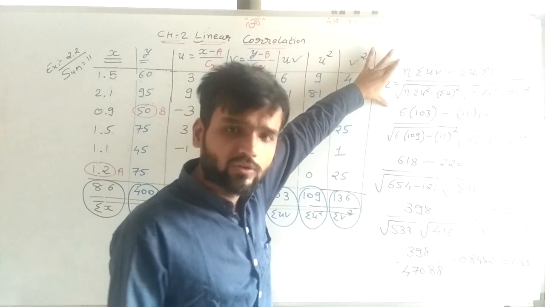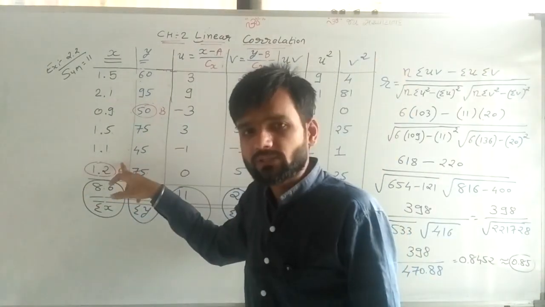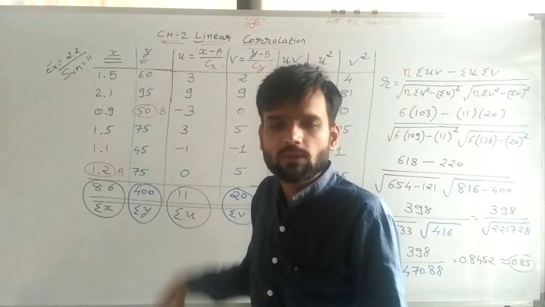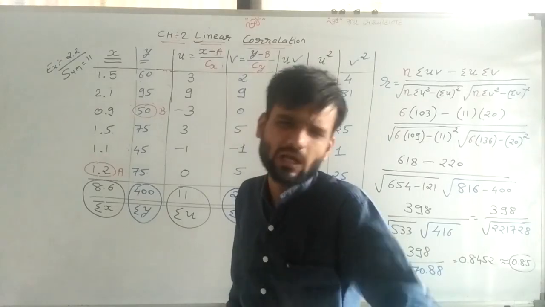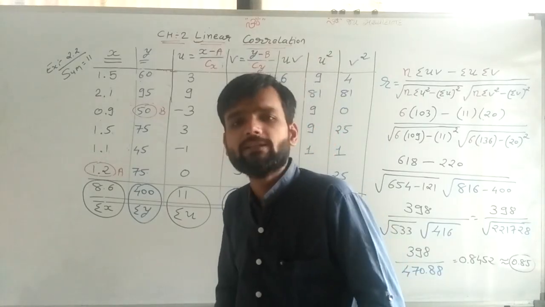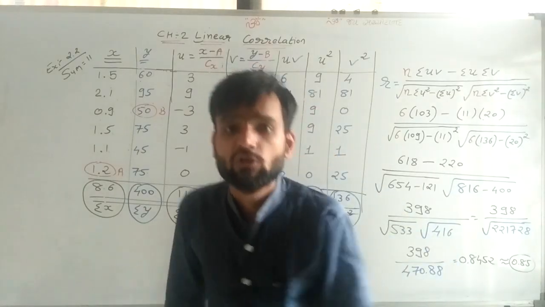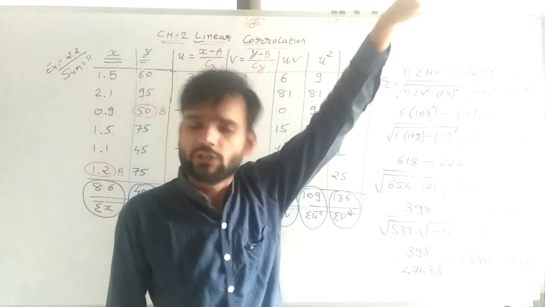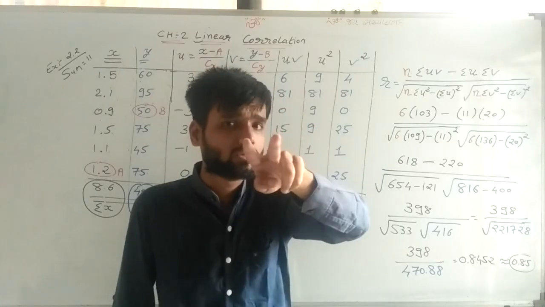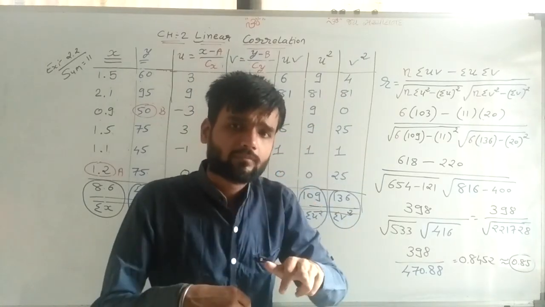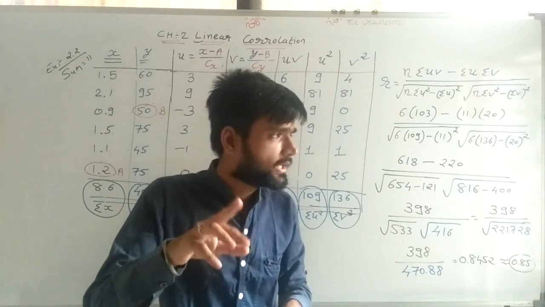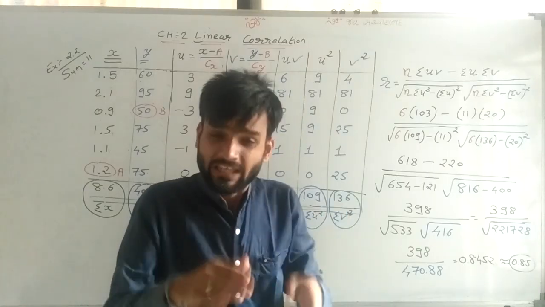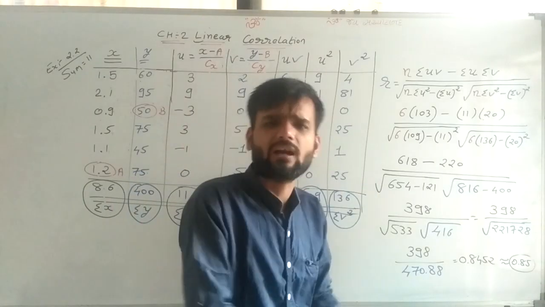Now we are starting with the sum. Here the sum is for the third formula. Why? Fraction values are given. Somewhat big values are given, whose square is not possible without a calculator, or somewhat hard calculations are there, and that's why we are using the third formula. So the first formula is used when x bar and y bar are not fractions, natural numbers, both values. If any one of them is a fraction and the other is a natural number, then also we cannot use the x minus x bar formula. We can use it, but the calculation becomes somewhat hard.